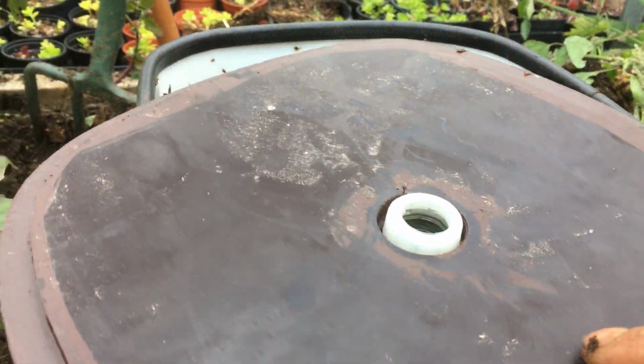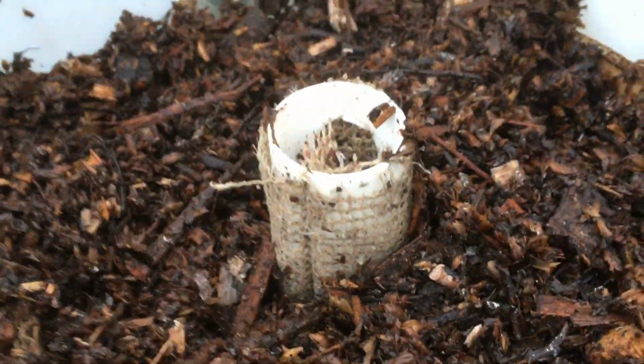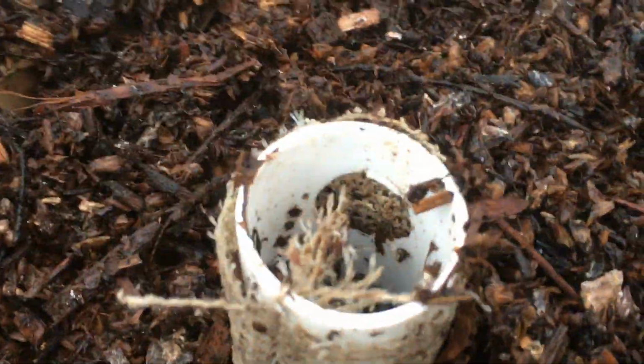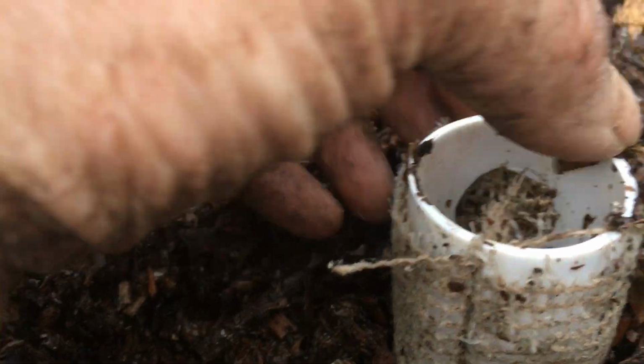The fittings in the lid are the tops of PET sparkling water bottles. And then I've got an aeration pipe down the centre as well, which is, I think, 38 or 40mm UPVC waste pipe. I'm not sure if you're going to see, but there are about 20mm holes in here, and then